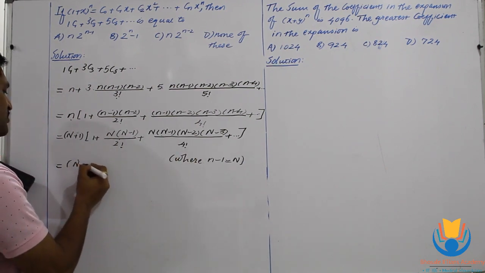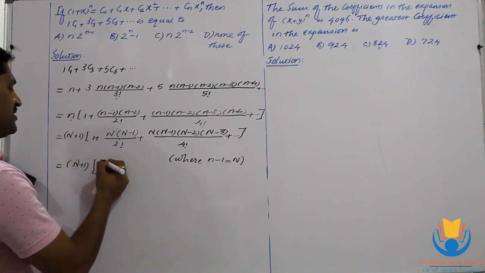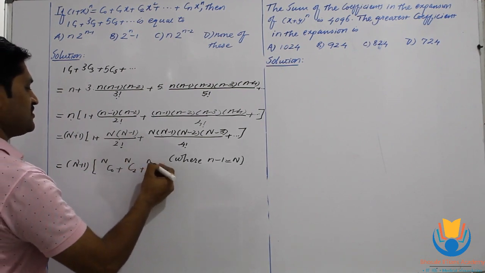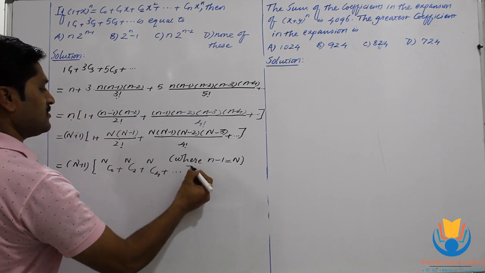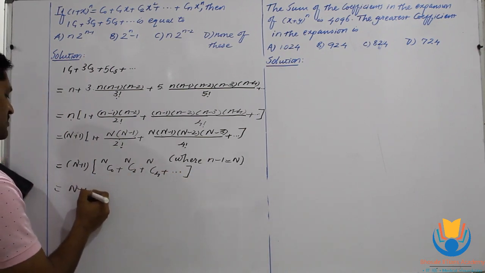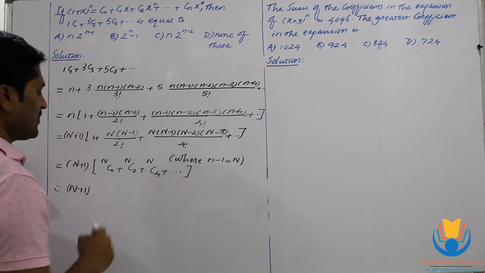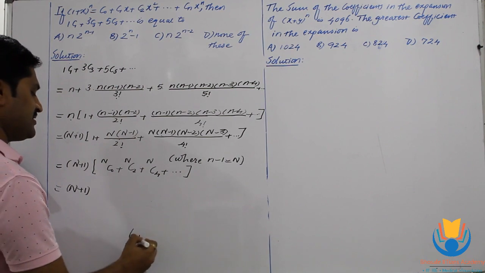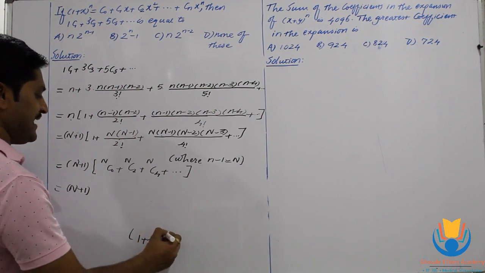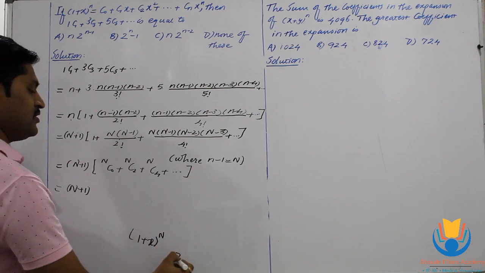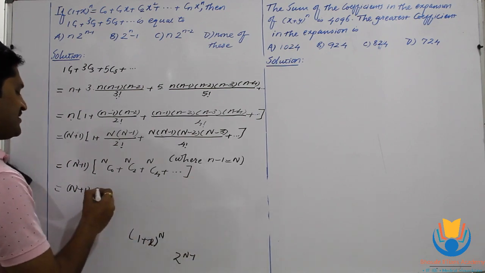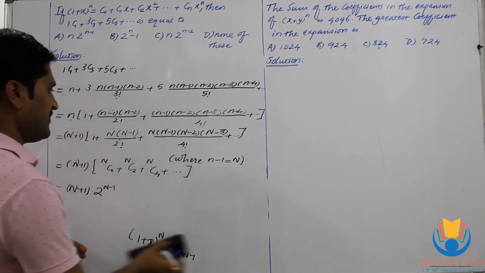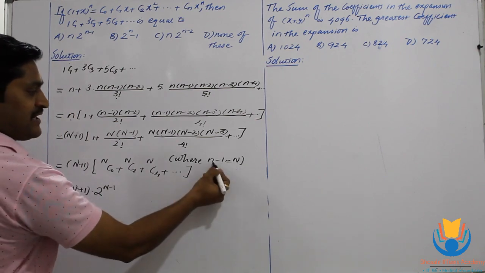So let's write those values using combinations. This is the value of NC0, this is the value of NC2, this is the value of NC4 plus dot dot dot, and this n plus 1 remains as it is. So again here, those are the coefficients of odd terms in the expansion of 1 plus x whole raised to n. So their sum is always equal to 2 raised to n minus 1. So let's write that sum as 2 raised to n minus 1, and we will resubstitute the value of n to be n minus 1 here.